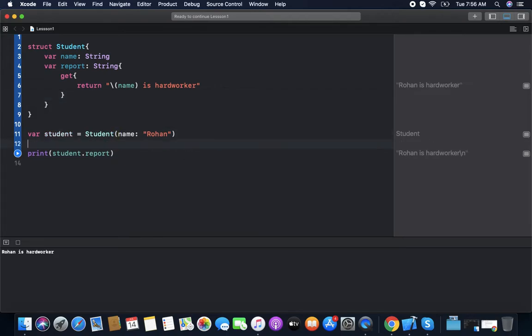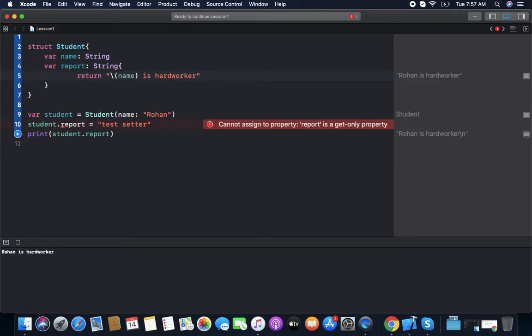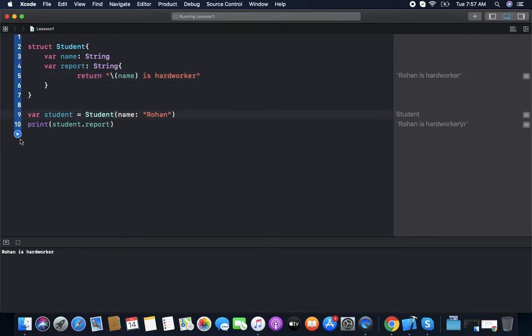So as you can see, student.report test, it will tell us it's a get-only property, it's a read-only property. Or for this read-only property, you can write it like that, just return the value. Giving the same error now, and if we remove it, it will work. You can see.